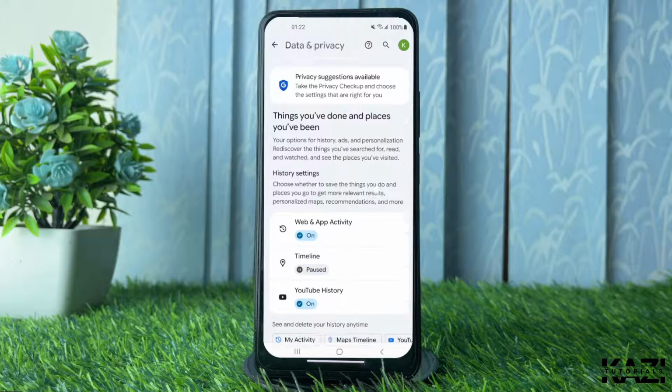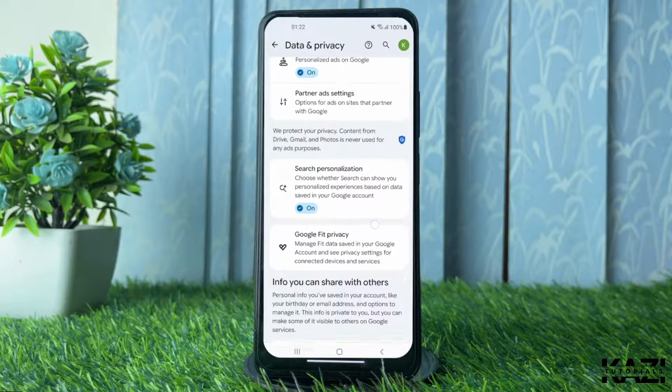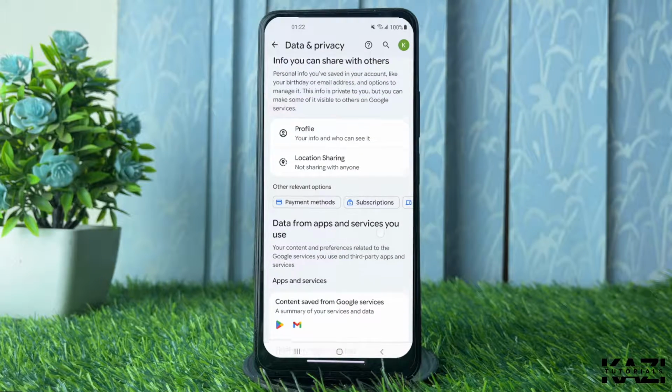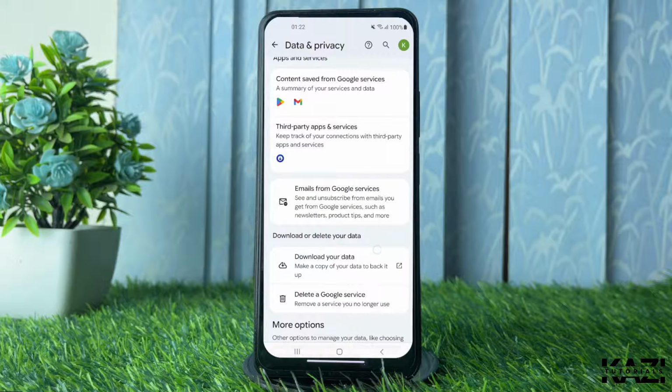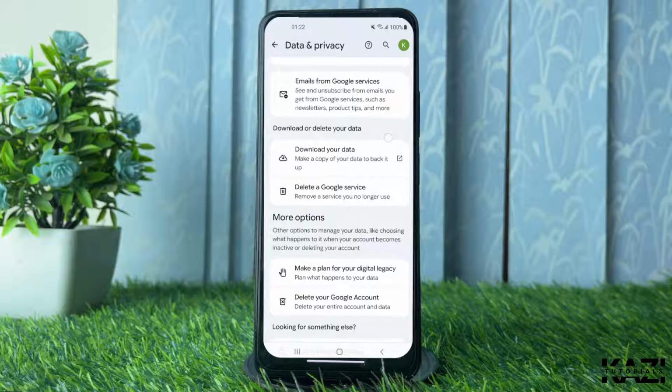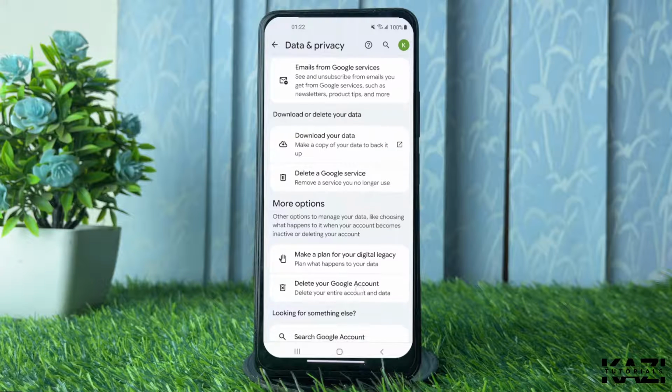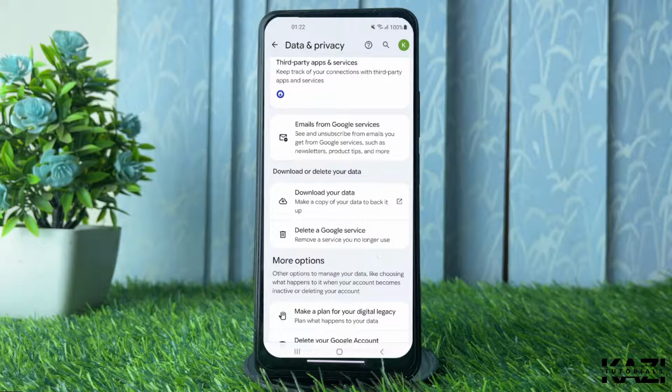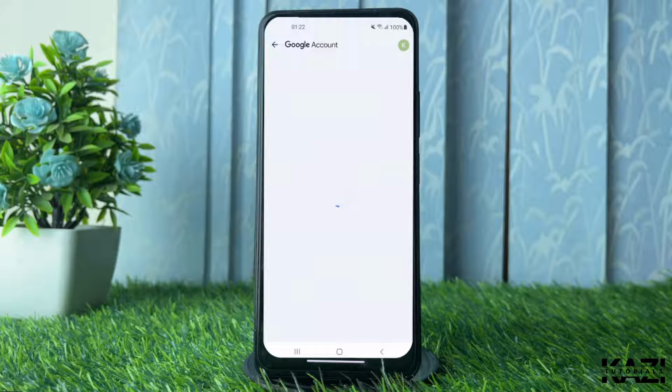All right, then scroll it down a little bit more. All right, you don't need to select this option called delete your Google account. Rather than that, you need to go with the delete Google service. So select this option,